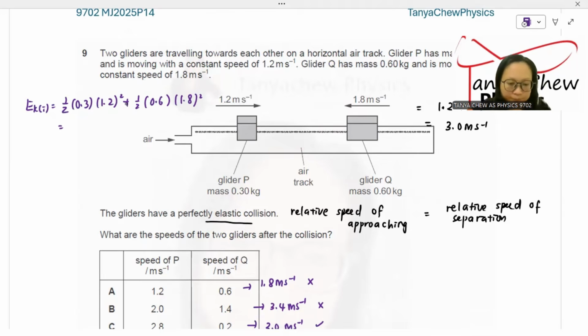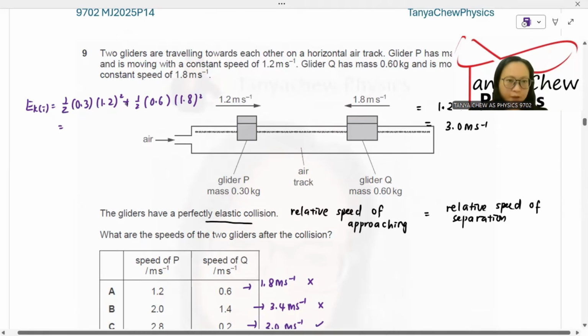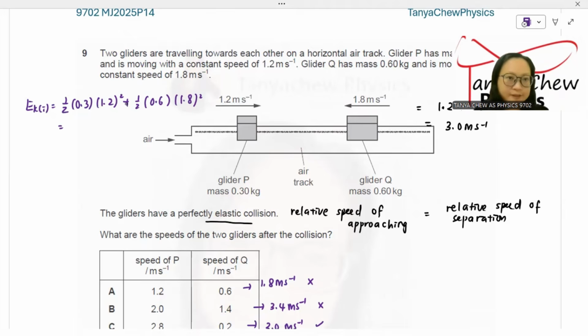Add this up. 1.2 squared times 0.3 times half, I got 0.216, plus 1.8 squared times 0.6 times 1 over 2. That is 0.972 plus 0.216. So my total initial kinetic energy is 1.19